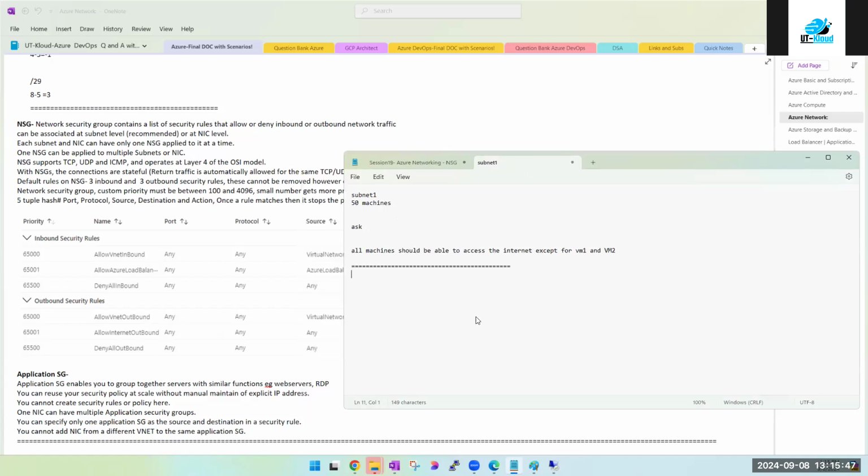The solution to this problem I see as NSG. Explain it: what is NSG? Network Security Group. What does it do? It controls the traffic, inbound and outbound. Your problem is you do not want outbound traffic over the internet for two machines, right? All the machines are in one subnet. So I will have one NSG, NSG1. Use the words which are there in the portal. Associate this with your subnet, with all default rules. One of the default rules is allow the internet. So your first requirement is completed. All your 50 machines will have the internet. The second requirement is except these two.